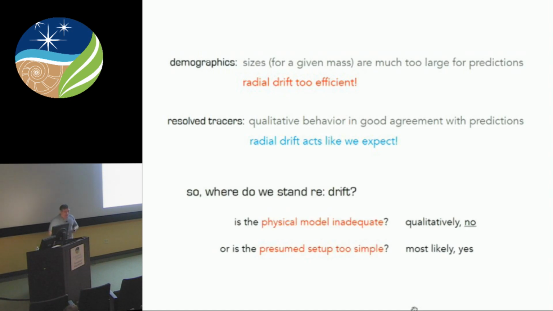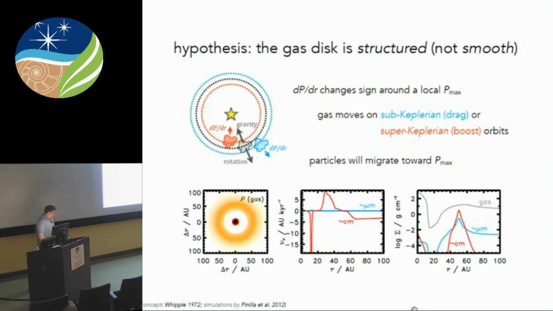Right? So I guess the way I would say this is that the physics is probably okay. We understand the aerodynamic effects that would make the particles migrate. They just do it too efficiently. So there's a quantitative issue that we can't reconcile. So I think the physical model, at least in the broad sense, is probably okay. The question about the setup, the underlying assumptions in the calculations, is probably not okay, and I'll explain why. When this aerodynamic theory for the migration of solids was being developed, the solution already existed.